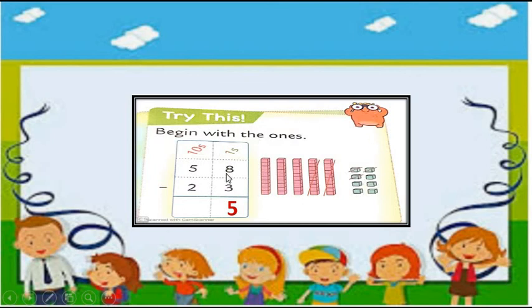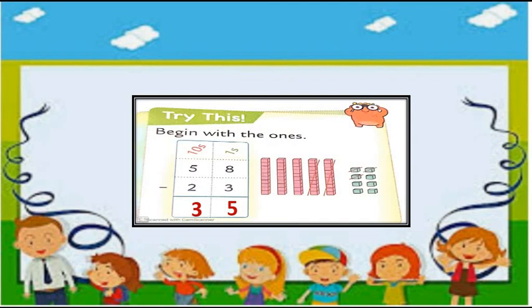Now after completing the counting of ones, let's move towards tens. Now move towards the tens column. There is 5 minus 2. 1, 2, 3, 4 and 5. Out of that we are going to cut 2. 1 and 2. Now see, my dear, how many buildings of blocks are remaining. 1, 2 and 3. 5 minus 2 we get 3.